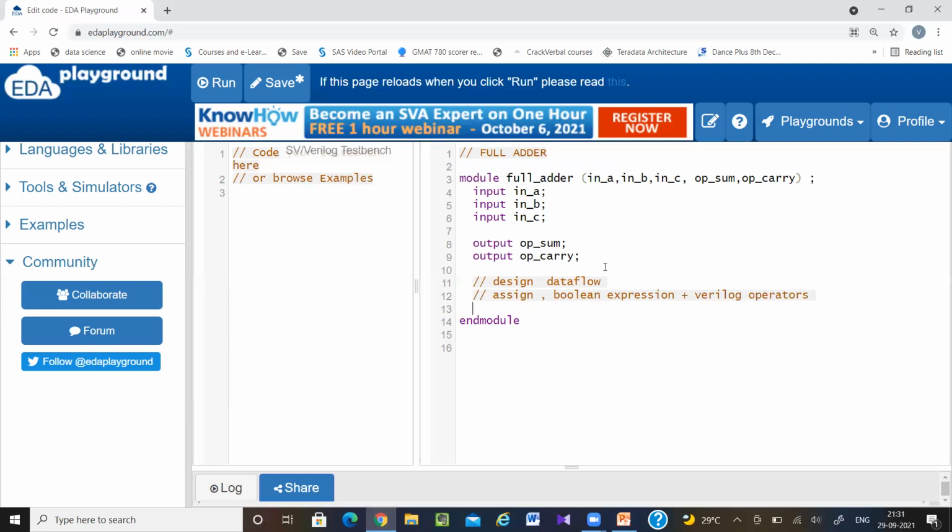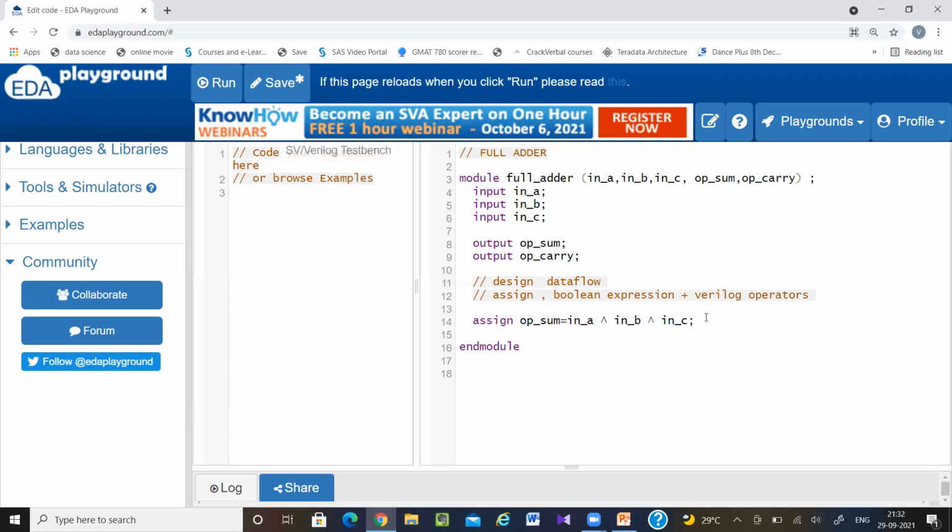As we know, the expression for sum is A XOR B XOR C. So here I can write assign output sum equal to input A XOR input B XOR input C. This is the inbuilt XOR operator in Verilog.